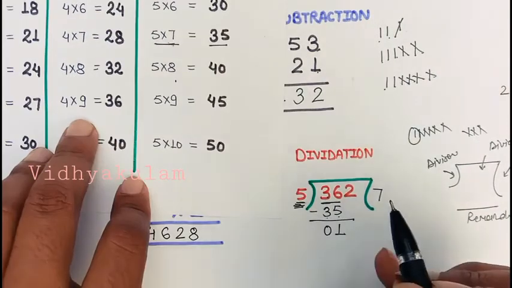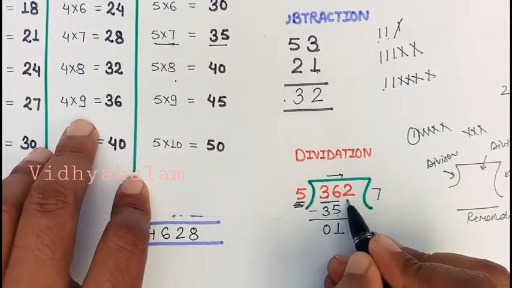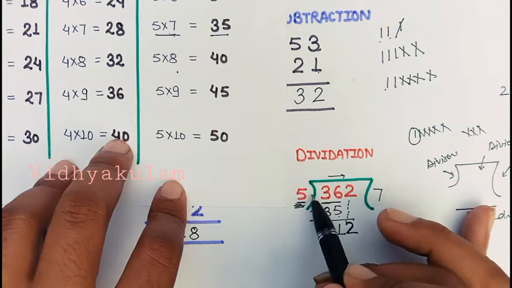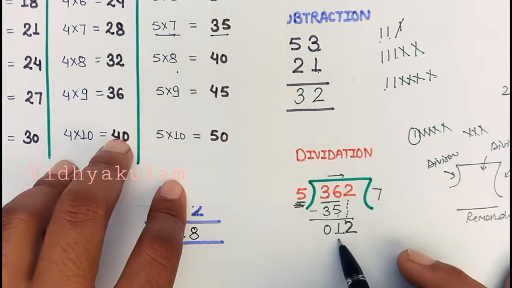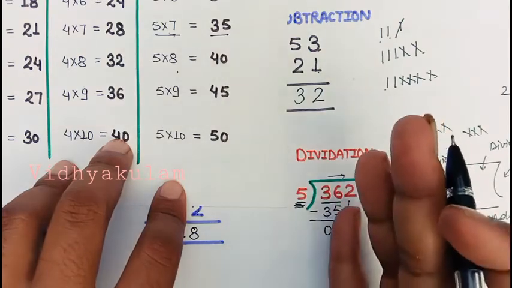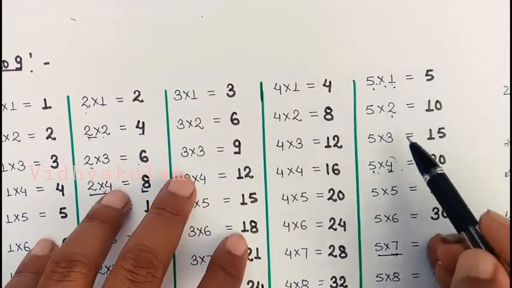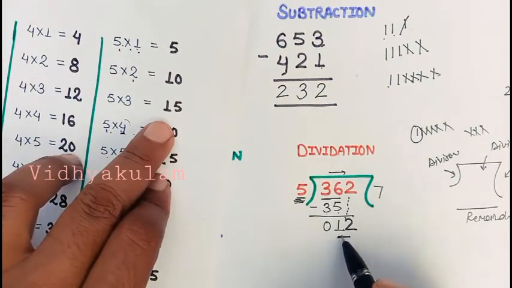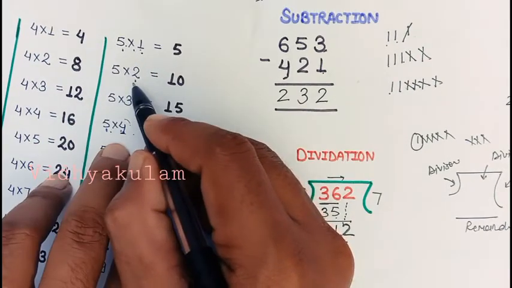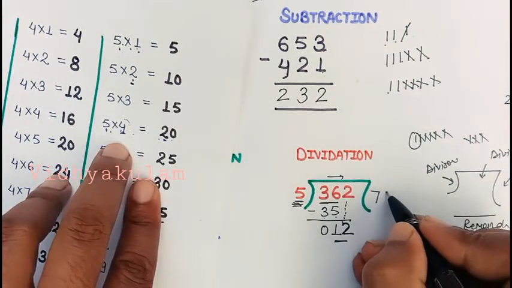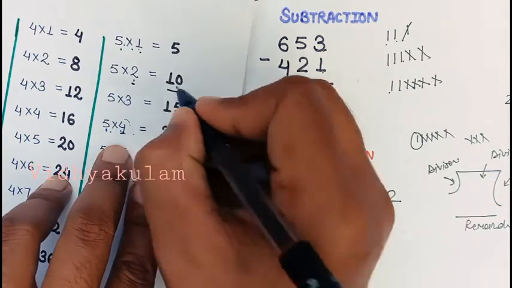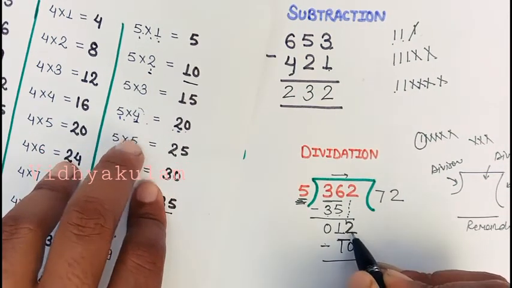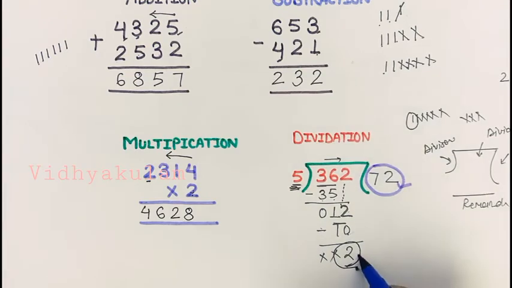Okay, now the next step is to move forward and bring down the next digit. Again similarly read the table of 5 so that it does not go more than this. Now how many times has it gone? See, 5 2 ja 10, 5 3 ja 15. See, 5 3 ja 15 is more than 12. So it will go 2 times. Then write 2 here, and the product of them will be written here, and subtract it as usual. So the quotient is 72 and the remainder is 2.